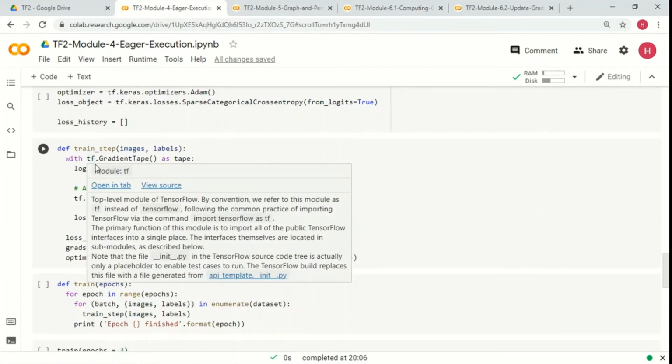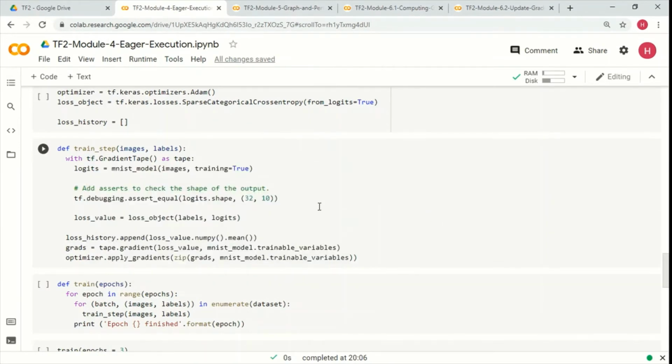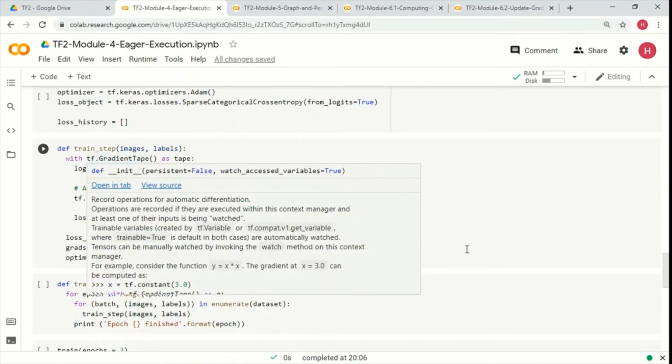What is happening here is we are using the tf dot gradient tape as tape. So we are recording the operations. What are the operations? We are feeding the images into the model and getting the logits, and we are saying that training is equal to true, so the model is in train mode.